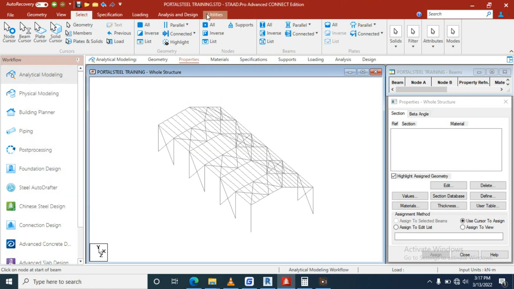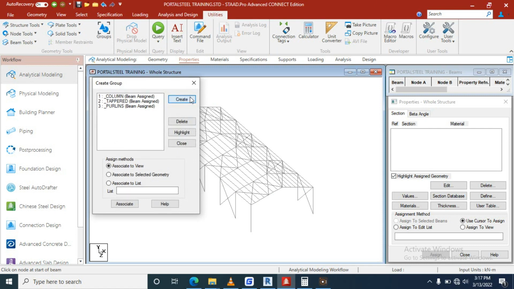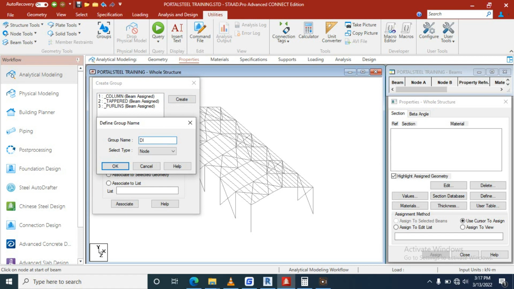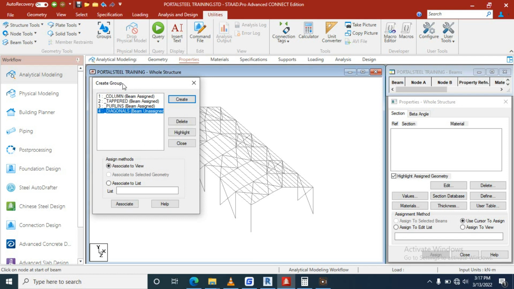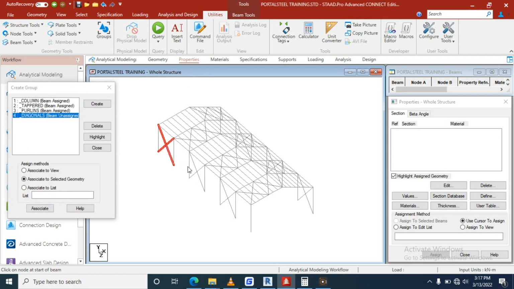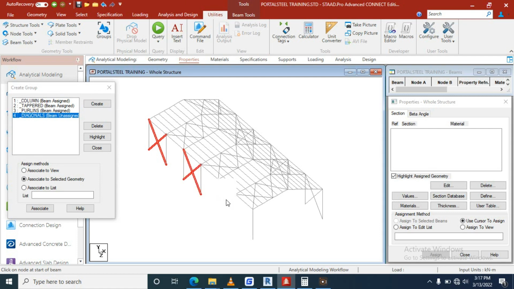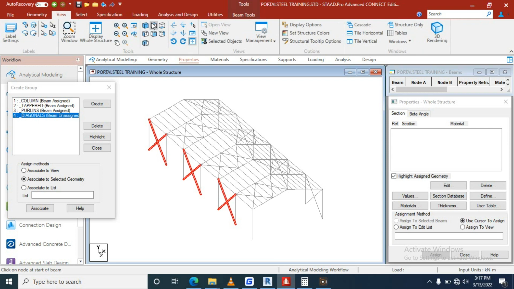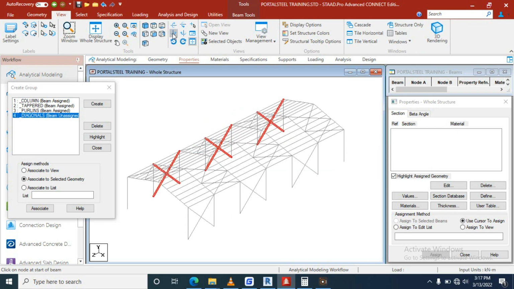Let me do that. Utilities group, create diagonals, beam, then immediately I click in the middle, they select control, come to view, turn this way, control, good, associate, I'll create another one,